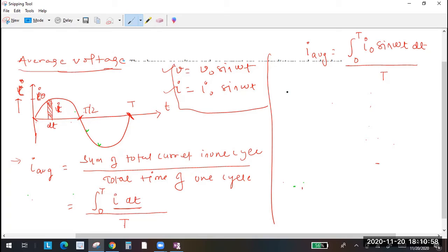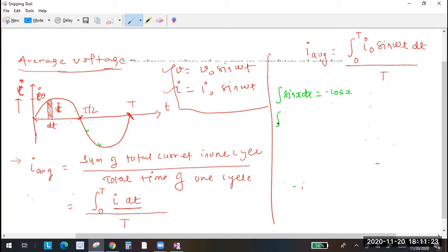Now see, for example, do you remember what is the integration of sine x dx? Do you remember the formula? What is the integration of sine x? This is negative cos x. Remember that. Negative cos x plus c, right? I'm assuming the constant c is not coming.